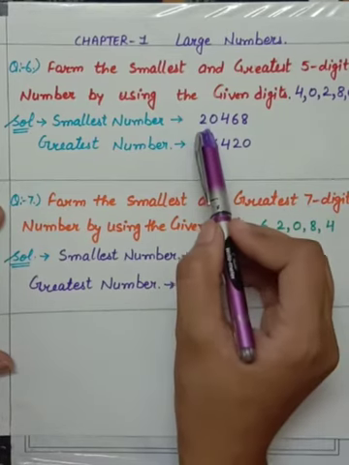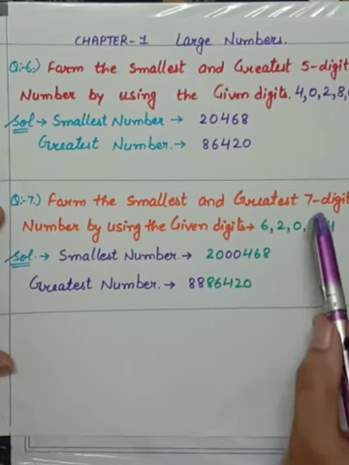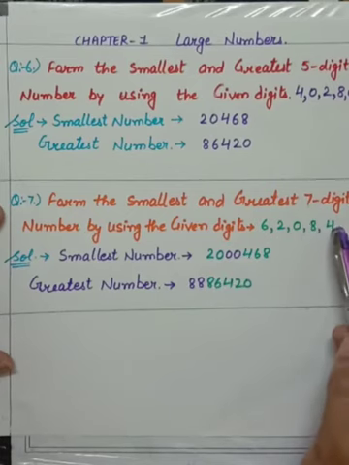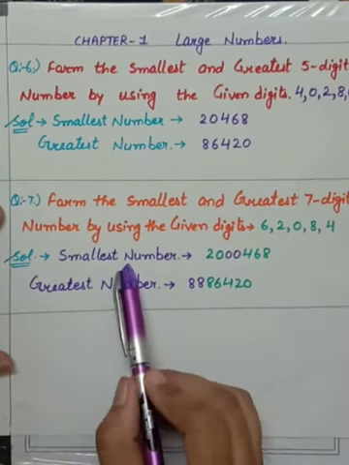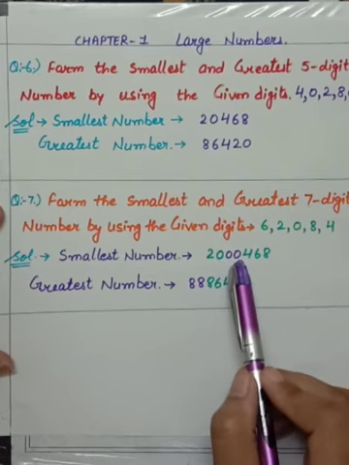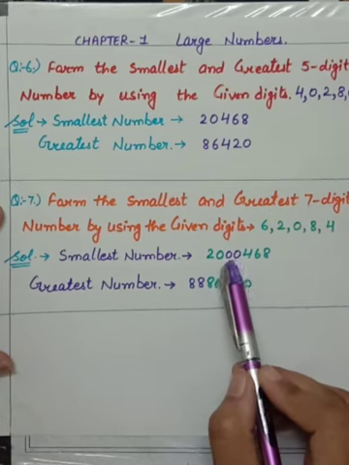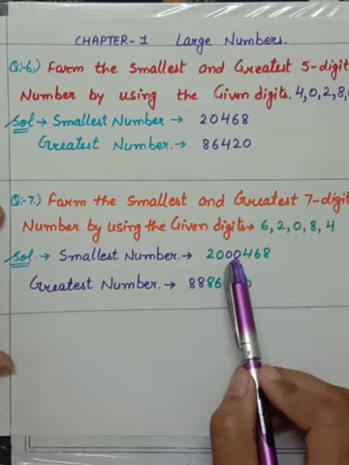As we did upper side, same we will do here. But students, we count the digits here. Our 2 digits are less. So we will repeat the smallest digit in the smallest number. Here the smallest digit is 0. So we will write 0 2 times. We will repeat it. That's why I show it here with a different color.